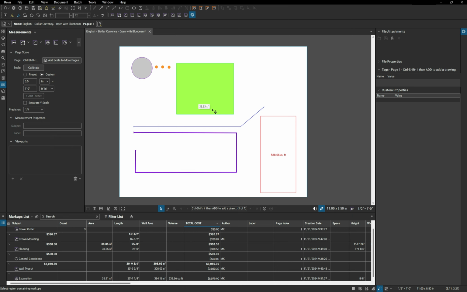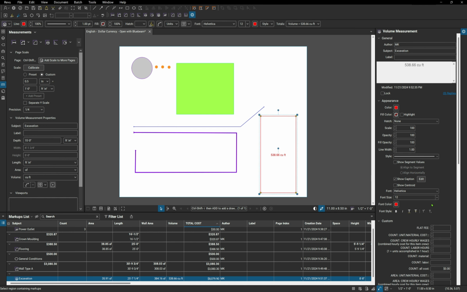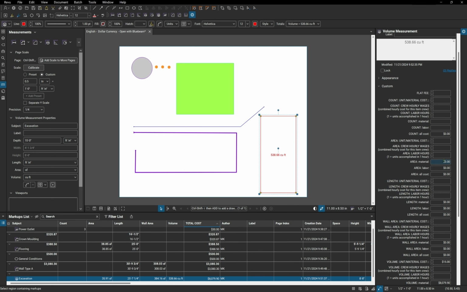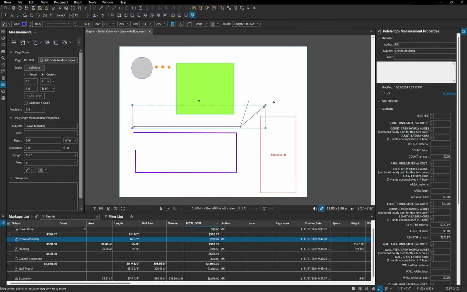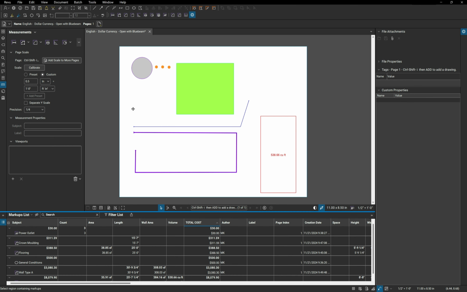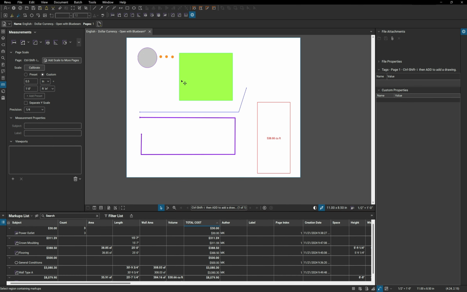So these are the examples of how you can use the basic form of entering the pricing. There is also another version where you can separate the material cost from labor cost. I will go over this in just a second, but let me just show you what you can now do with this. Let's say this is an estimate on your architectural drawing, you have all these measurements, and what do you do with this now? Well,